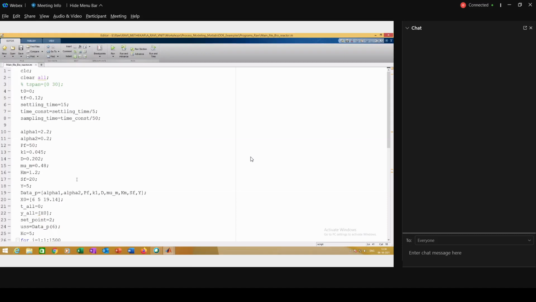Then we converted the solution code into a for loop, where one index of the for loop is exactly equal to the sampling time.